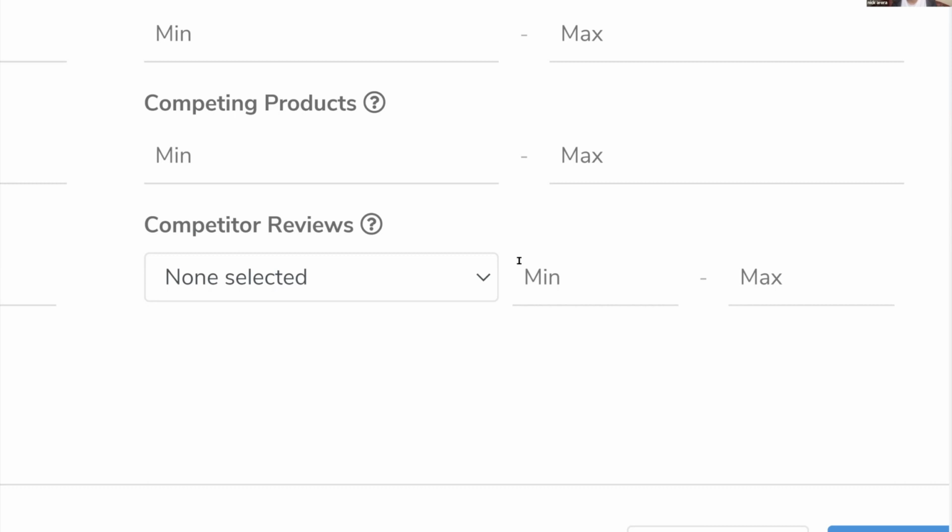Private label is different because people don't know your brand. This is not Nike. This is not Reebok. They need a reason to click on your product, and there's going to be no reason to click on your product if all of the competition have hundreds or thousands of reviews and you've got 0 because you're new, right? So I like to look for pages where at least a few of the products